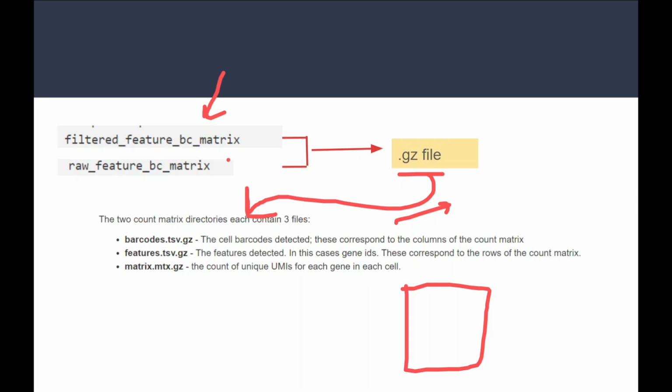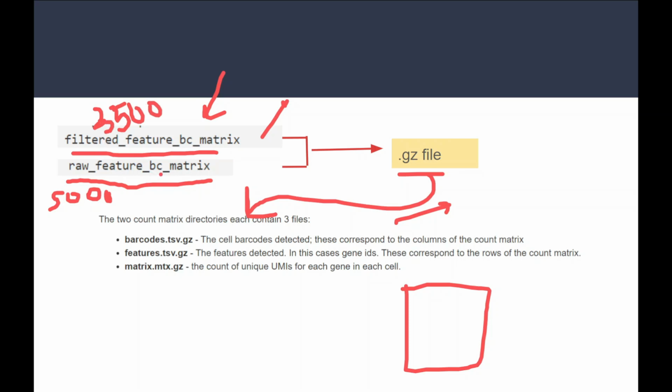As I was saying, we have to do quality control to filter out poor quality cells, so there will be no bias in the downstream analysis. This is the raw data, which will have all the cells, and this is the filtered data, meaning 10x has already performed some filtering or quality control. For example, this feature barcode matrix may have 5k cells, and after applying some filter parameters, this may have, let's say, 3.5k.